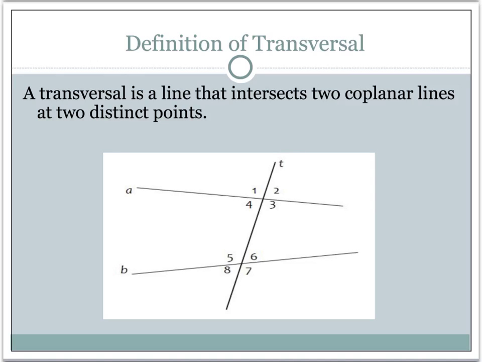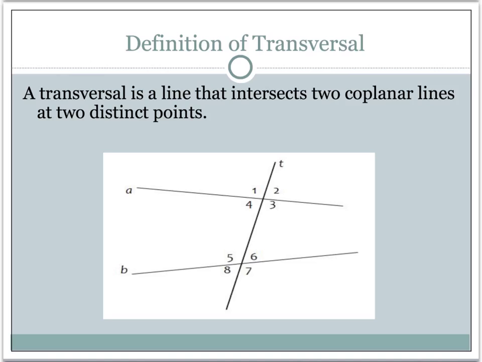So we know that a transversal is a line. And so on this picture, we see three lines. We see line A, line B, and line T. So to know which one is the transversal, we have to continue on with our definition. It's going to be the line that intersects two coplanar lines at 2 points. So when you look at line A only intersects one other line, and line B only intersects one other line. And so neither A or B can be your transversal. So that leaves us with T as our transversal because it intersects line A and line B at those two